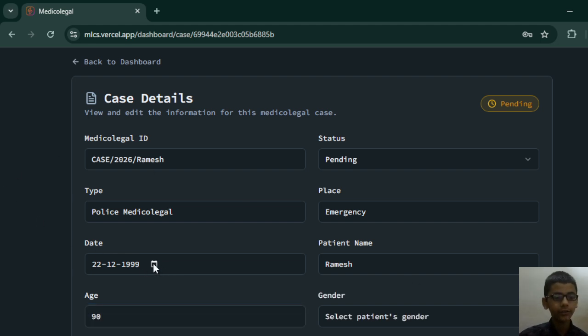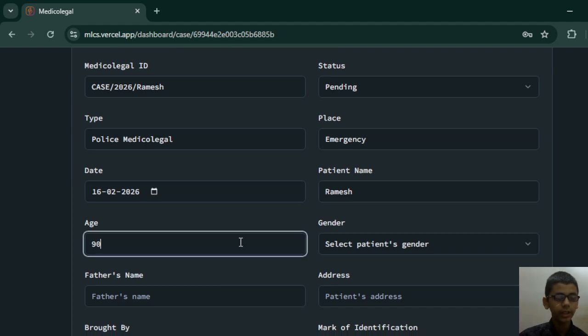For date of examination, we have to choose the date of examination instead of DOB. So let's go down here and choose February 16, and age is 25,